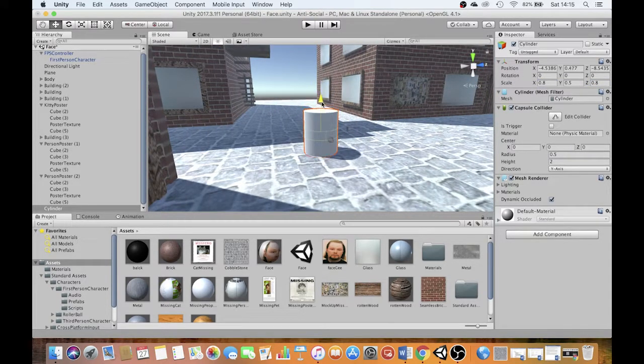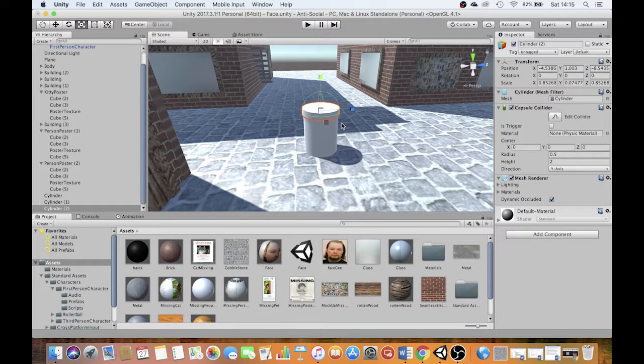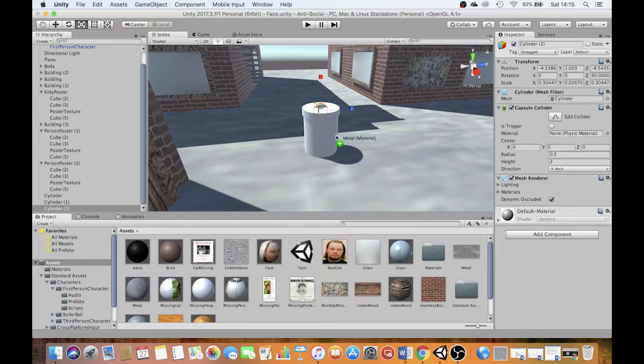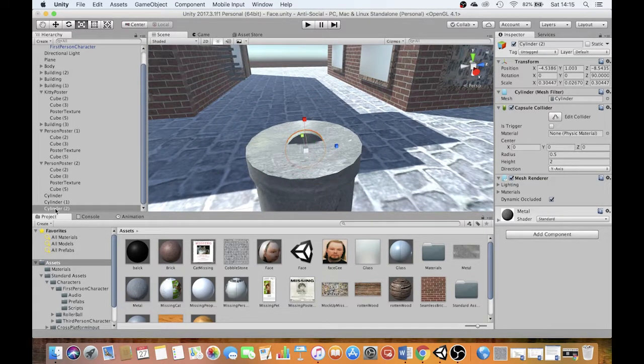What I'm going to do then is set it into the floor, and duplicate it to make a lid, shrink that down like so, grow the lid a little bit. I realize this isn't perfect, but we can probably sell the illusion here with another quick duplication, rotate round through 90 degrees and then shrink it down so that that's the handle. And in all three cases, I'm going to use my metal material in order to sell the illusion of this trash can. Call that master one, trash, shift select those two, drag them up into trash, and now I can